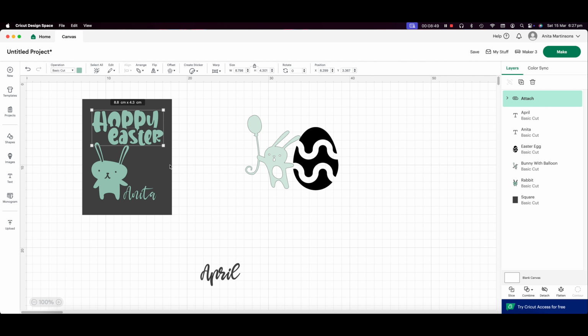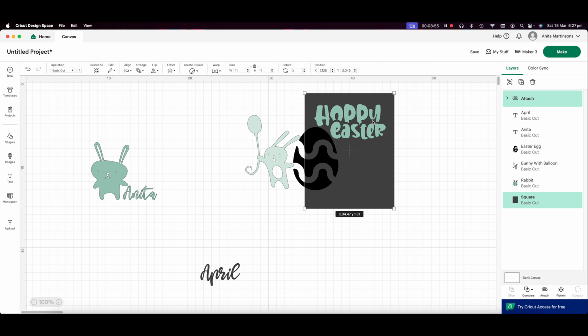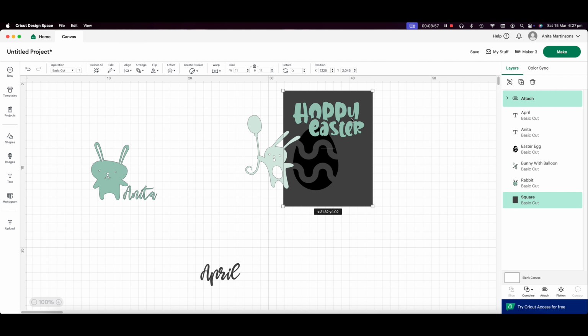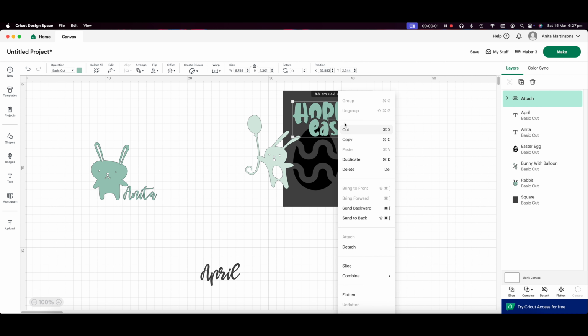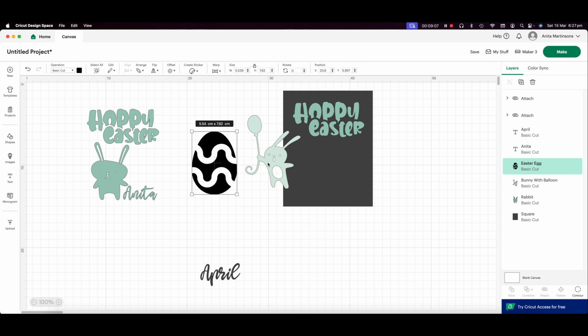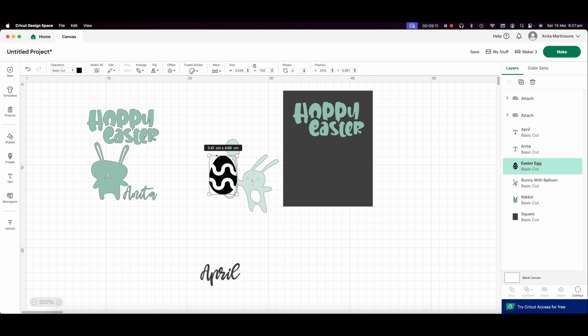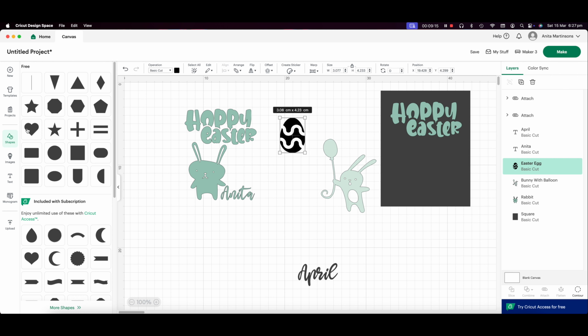So once I've done the design for the first one, then it's a matter of just doing a duplicate of the word Hoppy Easter and also moving the background or the template that I created for the bag over to the side, and then I'm going to do the same thing to create a different design for the rabbit with the balloon. Now, to replace the balloon with the Easter egg, first of all, I'm just going to resize the